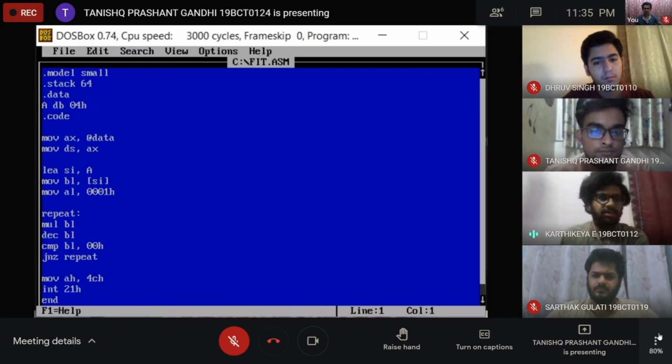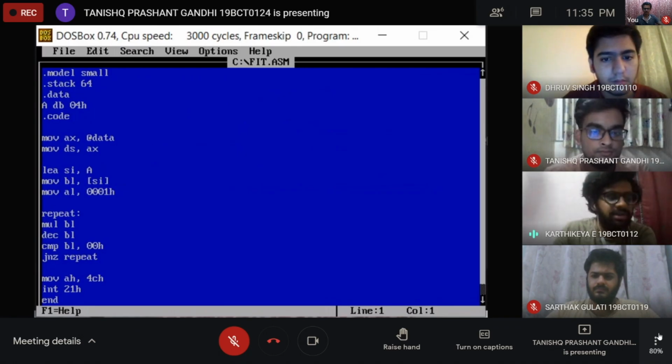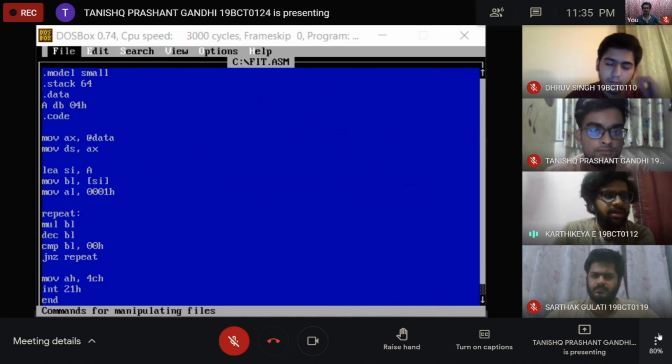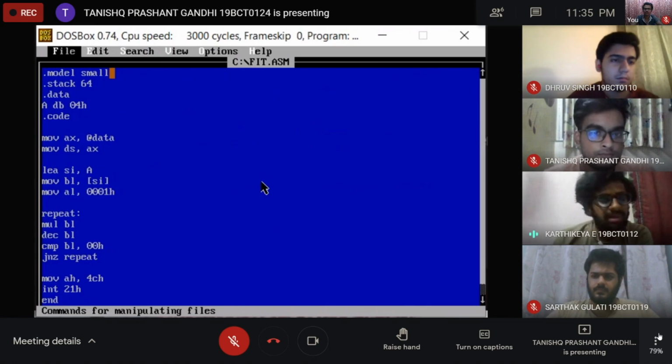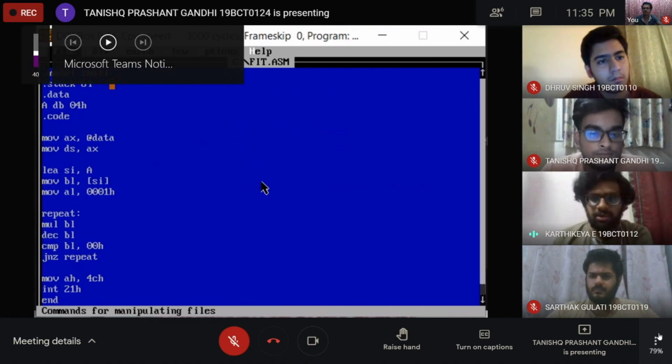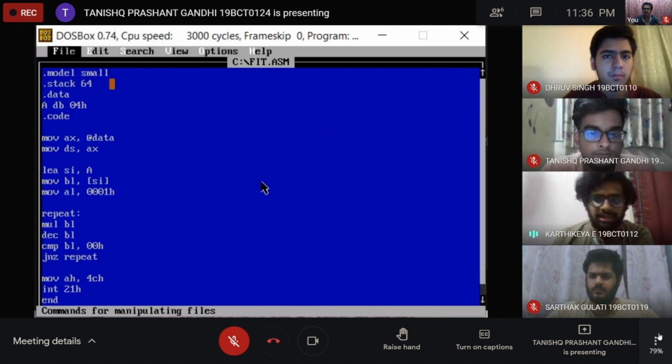So hi. In this code, the first part is the initialization part, where we write the memory model and basic information about the code. The first line of the code is .MODEL SMALL. This .MODEL SMALL is a directive that specifies the memory configuration of the assembly language program. When I say .MODEL SMALL, I imply that I'm going to use a small percent of the total memory. It means I'm going to use one code segment, one data segment, and one stack segment.